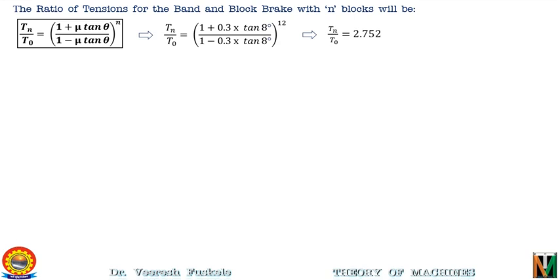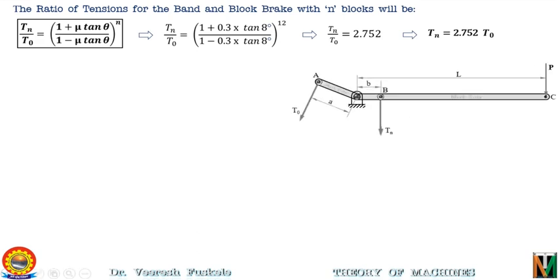That means Tn is equal to 2.752 times T0. Now, as we are given the least force applied P is equal to 250 newtons. So, let's see the free body diagram of the band and block brake in the given configuration. So, this is the free body diagram of the lever in the given configuration and the clockwise rotation of the